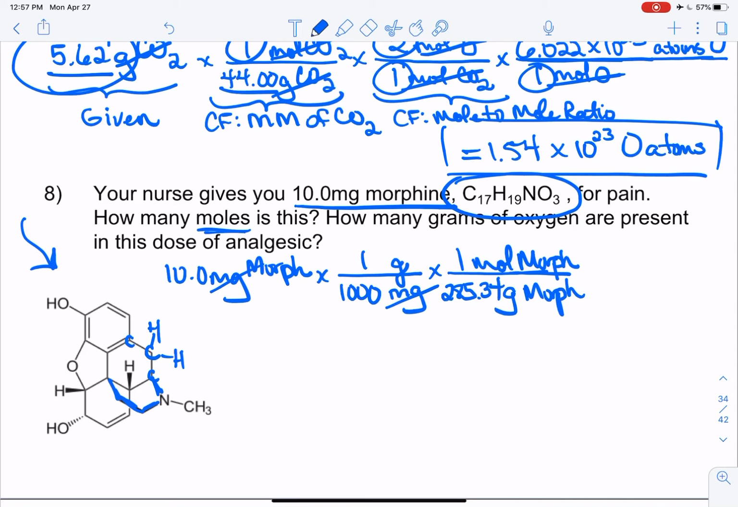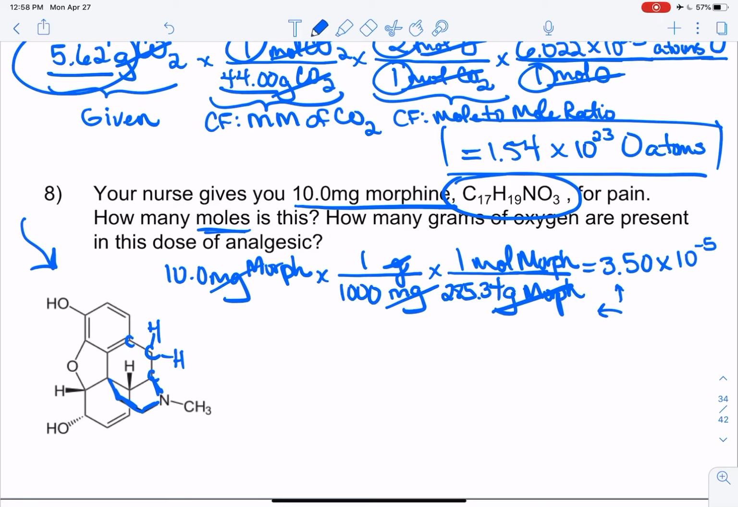Okay, so the first part of the question asks us how many moles, and we've gotten rid of grams, and we're in moles of morphine. So you'd have 10 divided by 1,000, hit equals, and divide that by 285.34, and your answer should have 3 significant digits, and we will find that we've got 3.50 times 10 to the negative 5. So if your calculator says that number, but it has a few zeros in front of it, you're probably right. You just have to take that decimal right there and move it to the left 5 times,